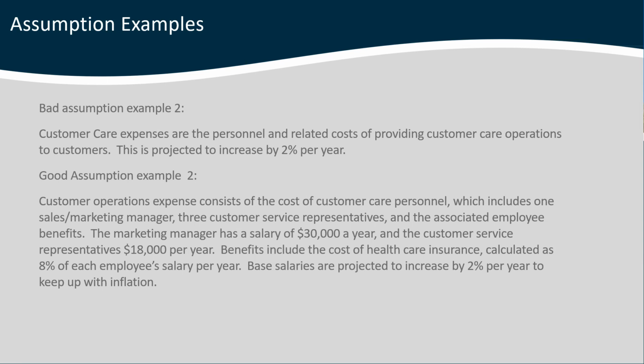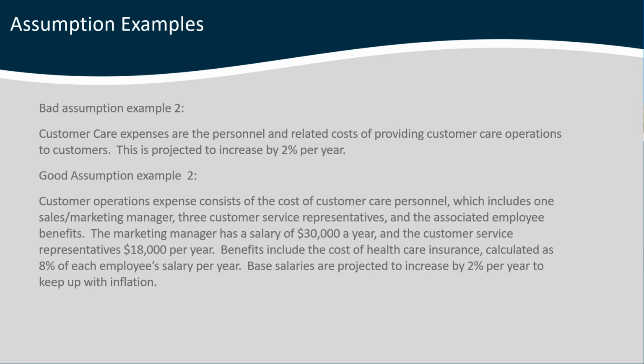Here's another example. For the bad example: customer care expenses are the personnel and related costs of providing customer care operations to customers. This is expected to increase by 2% per year. So it just gave a very generic description of what the line item is, put a rate of increase with no explanation of why. So to contrast that with a good example of an assumption for this, it goes through and says